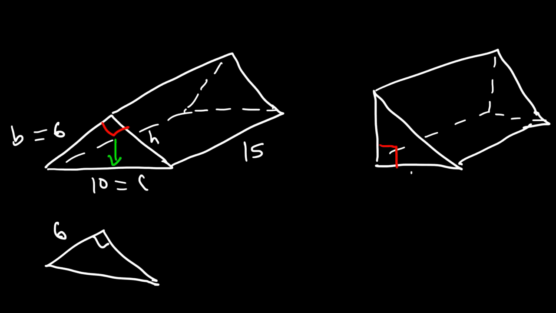So the base here is 6, that's B. We have the hypotenuse, 10, which is C. This is the hypotenuse highlighted in green. And we're looking for the height H. But the length is still 15. So as you can see,